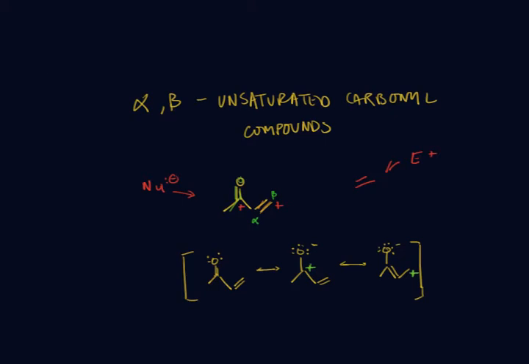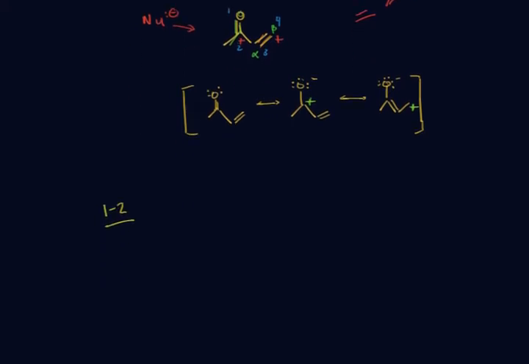And before I go any further, let me emphasize which carbons I'm counting here. Actually, I'm going to try to stay consistent here. I'm going to say the oxygen is number 1, the carbon is number 2, the alpha carbon right there is 3, and the beta carbon is 4. And so with a 1,2 addition, let me scroll down,